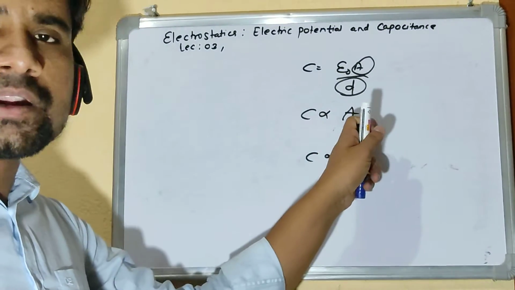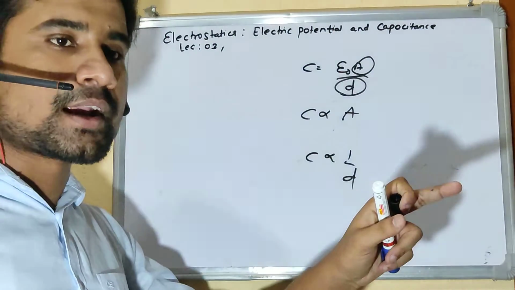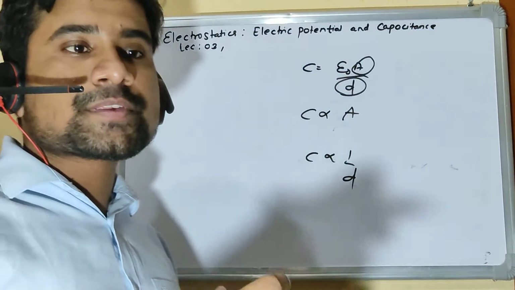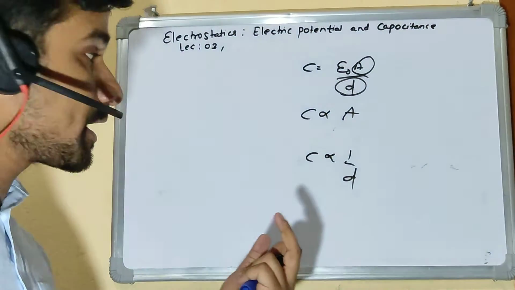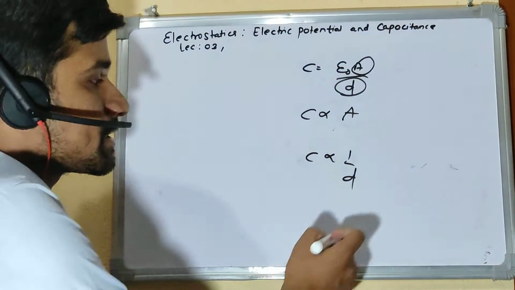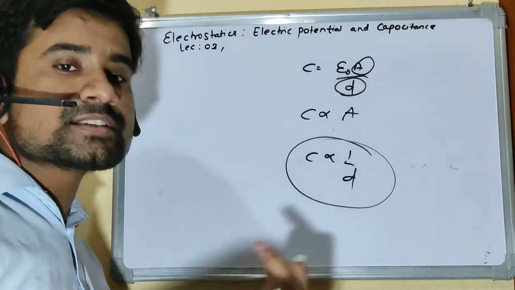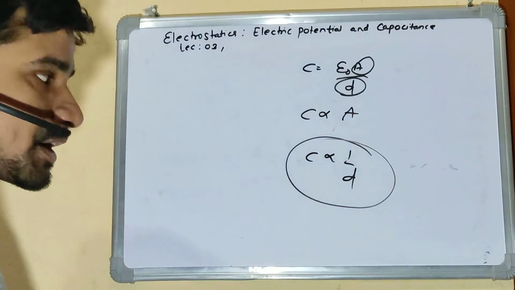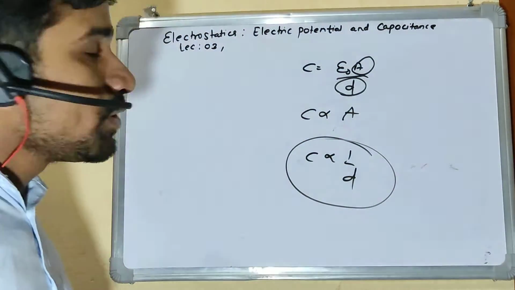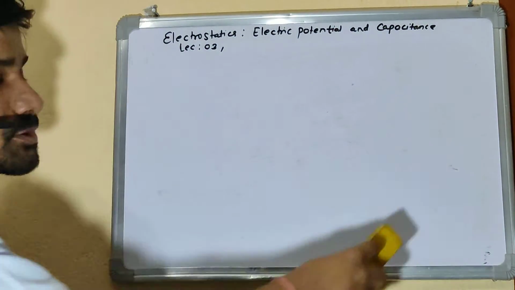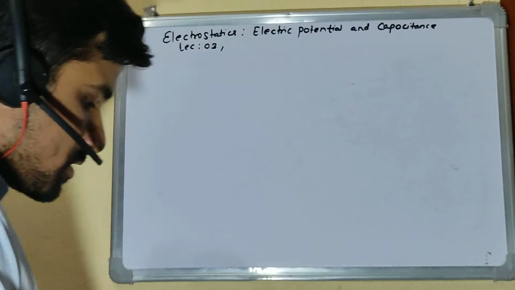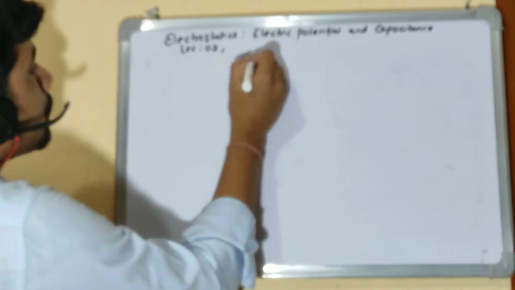So if area is doubled, capacitance will be doubled. If a capacitor has a capacitance of 2 farad and I double its area, it will become 4 farad. It is the opposite with distance, being inversely proportional: if distance is doubled, capacitance will be halved. Now the next question is how capacitance depends on the insulator placed in between. So the next topic is the